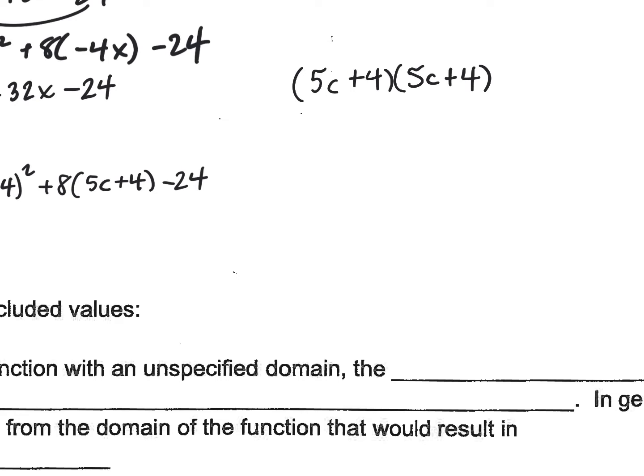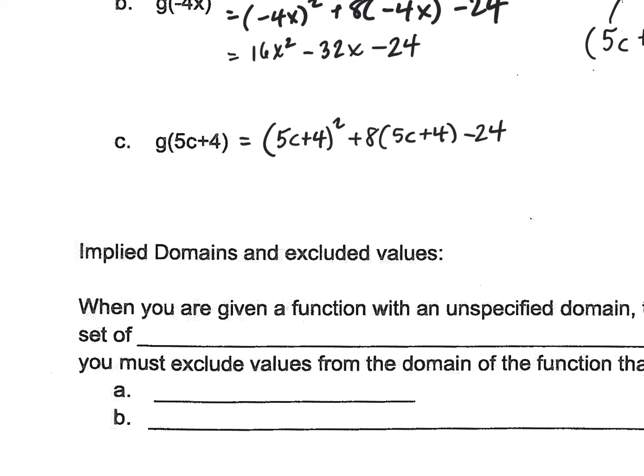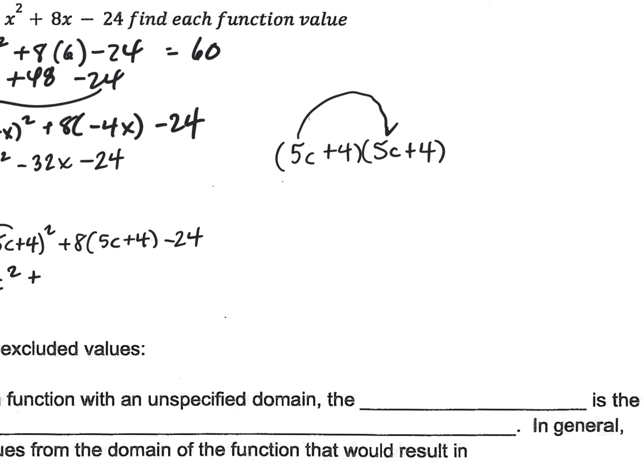Look, what do you do? You multiply the first term. Isn't it the same as squaring 5c? So we are going to square the first term. What is 5c squared? 25c squared. So square the first term: 25c squared. Then we're going to square the last term, because if you were foiling this, you would do the